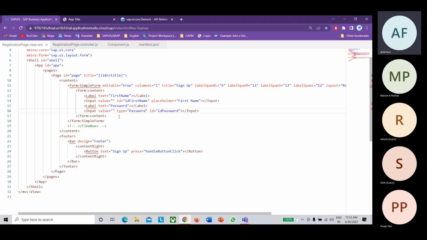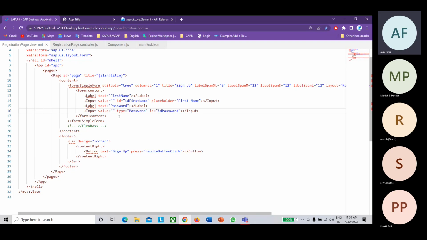Because if you're adding all these lines of code in a single view.xml file, and let's say there is an error in that view.xml file, and as soon as you reload, you're getting an error. Your app is not loading at all. And you're getting the error because of some silly mistake which you're not able to identify.